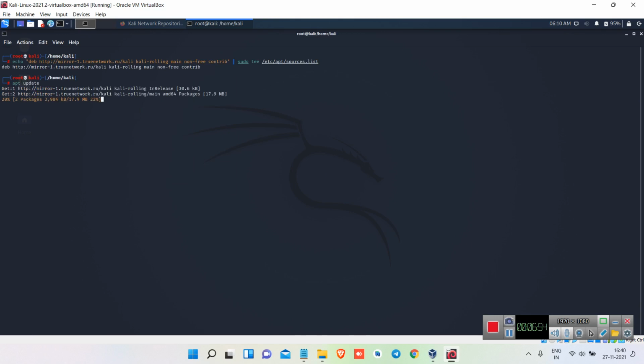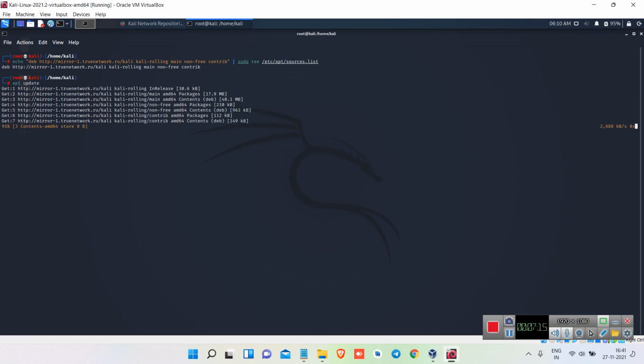The speed was increased. See, 17 MB was downloading at Mbps speed. It was so high. If you compare this, you can see here only 2 Mbps per second was downloading earlier. So the speed was increased. I will show you clearly also, just a few seconds. See, 40 MB was completed. Now it's very fast. So I think this video is helpful to increase the speed of downloading inside Kali Linux.